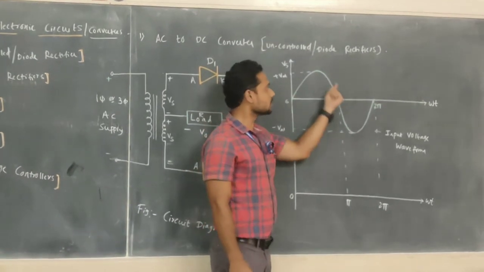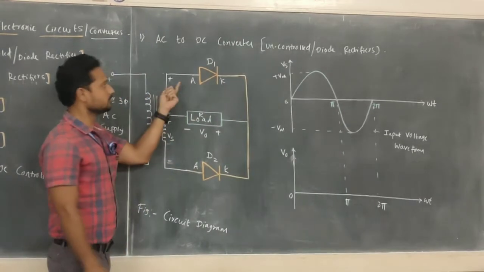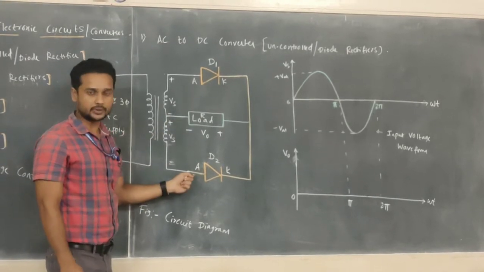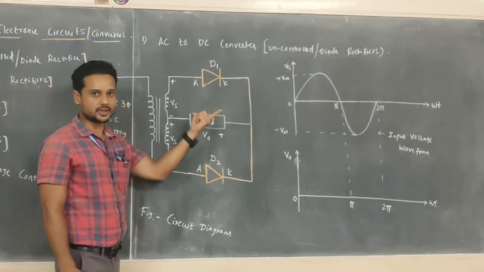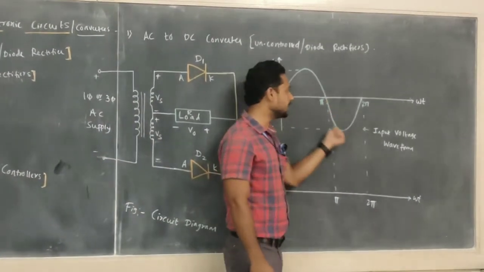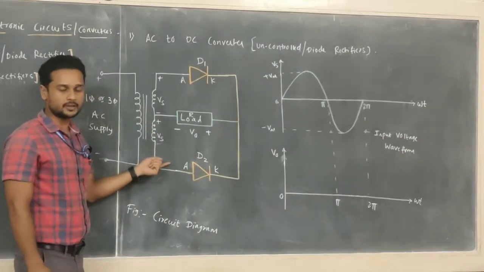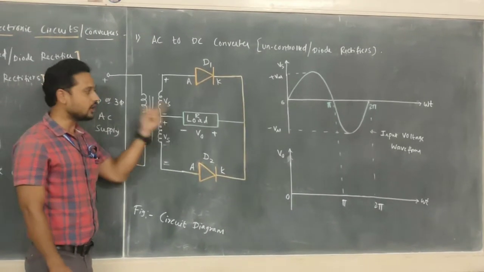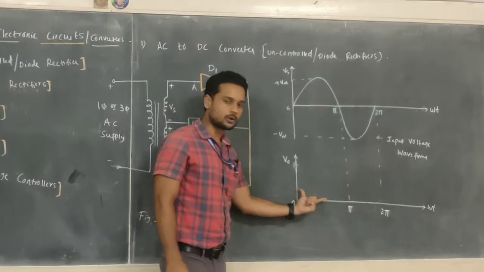So what happens during the positive half cycle of input voltage, from 0 to pi? You have to check which diode will be forward biased and which will be reverse biased. Is it diode D1 or diode D2? Then you have to check the direction of flow of current during the positive half cycle. The same thing holds good for the negative half cycle from pi to 2 pi. Then you have to apply KVL. Once you apply KVL in either of the loops, only then is it possible to draw the output voltage waveform. This is just a brief highlight.